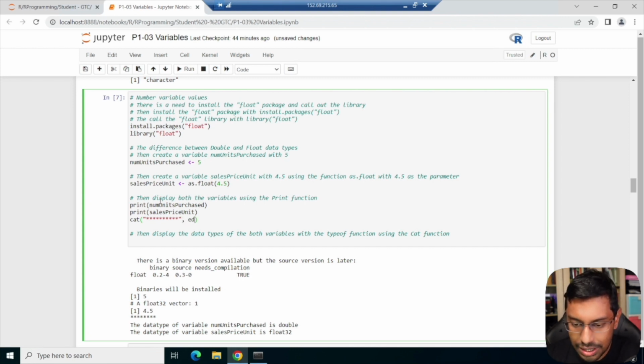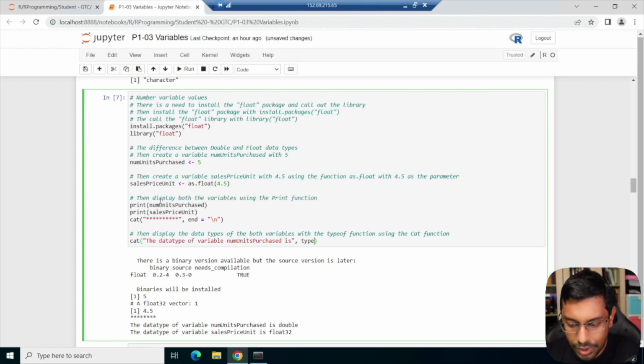So END, sorry, I never put the equal sign. And then I want to display the data type. So I want to display the data type of variable num units purchased is,